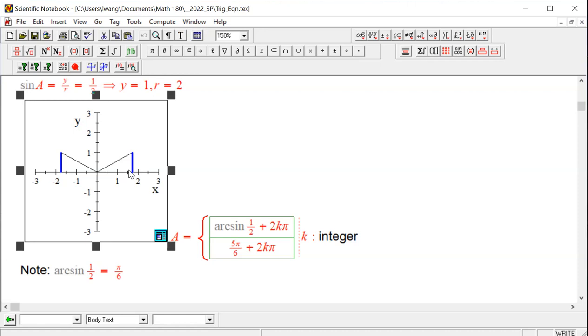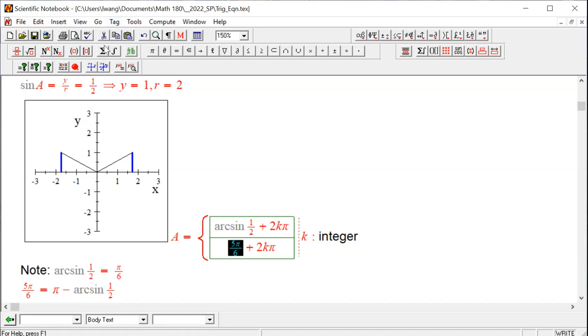And this is where you can figure out the relationship. So 5 pi over 6 can be expressed as pi minus arc sine of half. So I'm giving you another version of it. If you need to pause and watch it again,